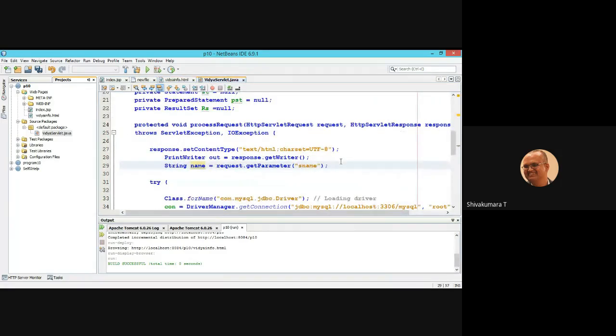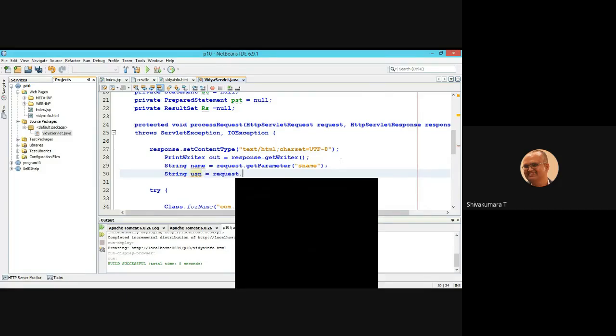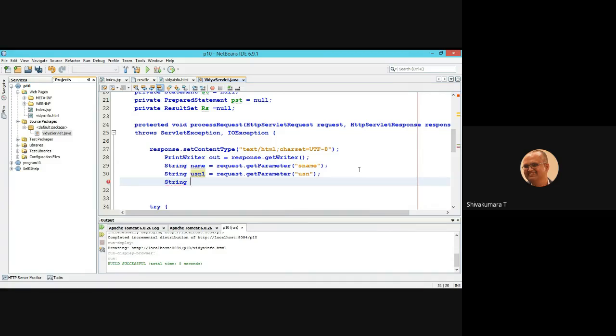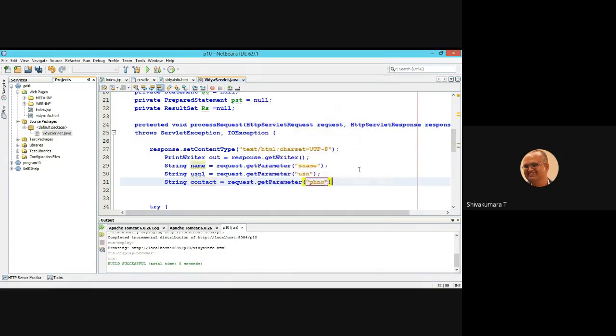Similarly, collect all the user information. USN: request dot getParameter USN. You create this as USN1 to avoid confusion. String contact equals request dot getParameter, that is the ph number.